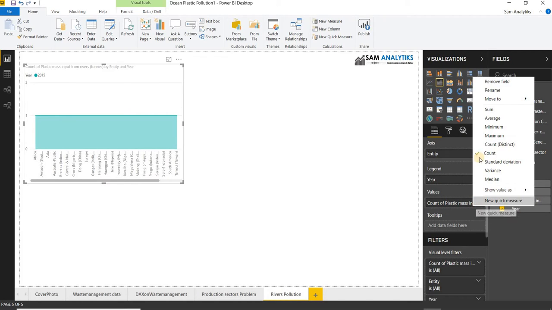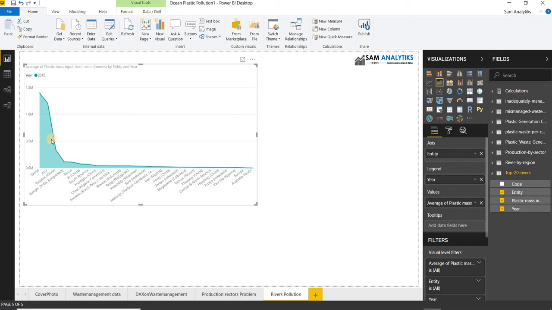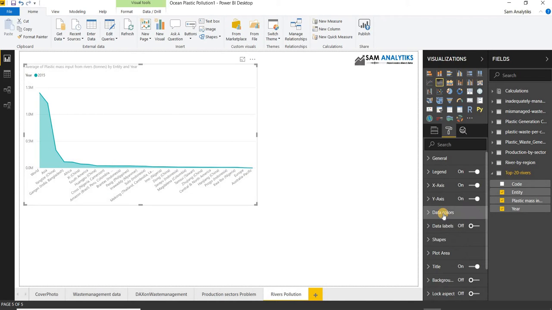If I simply take from count to an average, I can get this particular type of value. Now notice that I have one singular color of graph here. I can change this using data colors.